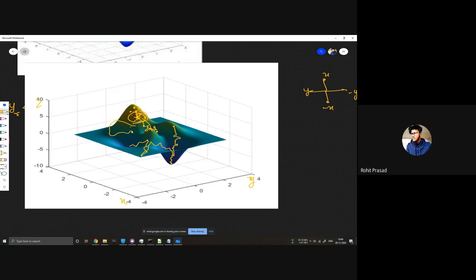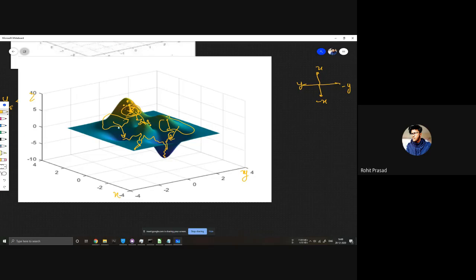If you choose any initial value, x naught, it tends to go in this direction. If you choose anywhere here, something like it, it tends to go in this one. You can see this as rolling a ball on a hill: you just put an initial x naught, y naught, and roll the ball in.